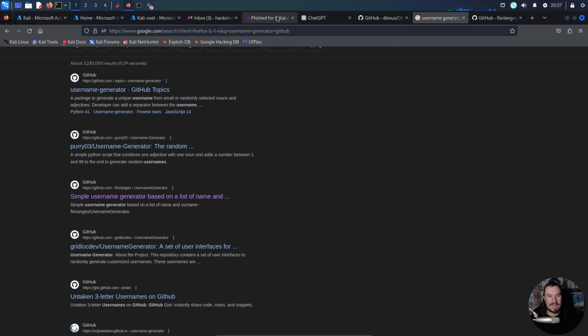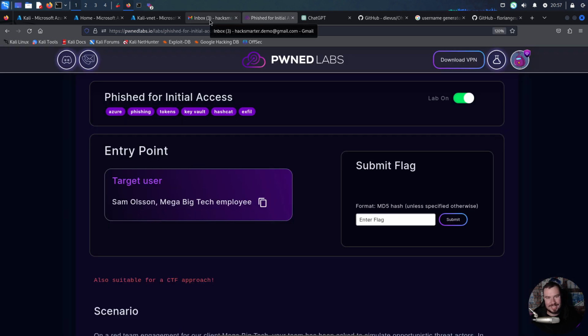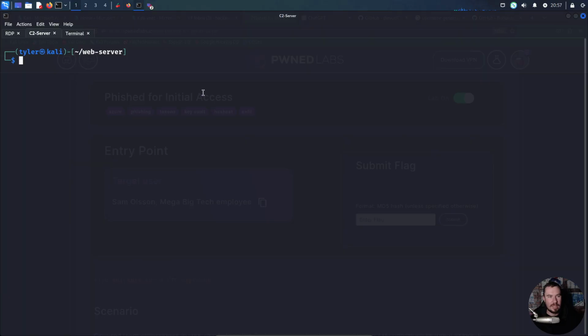So with that, now we need to do some phishing emails. Now, like I said before, I did work ahead and go through this lab so I know kind of the format it wants. But we're going to use Responder and try to get the user to open Run on their Windows machine, and then go to a directory or an SMB share that does not exist. And we're going to try to get their NTLM response and then see if we can crack that to get their password. So what we need to do is on our C2 server, we're going to just run responder -I,